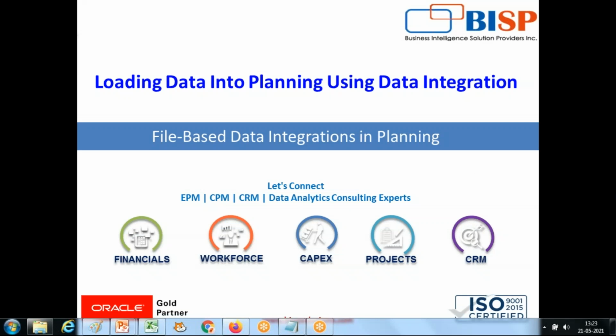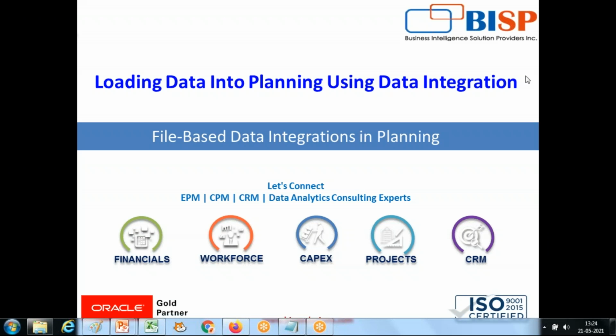My name is Amit Sharma, and today I'm going to show you how you can use a file-based data integration example in planning. You would have heard a lot about data integration, but today I'm going to show you one of the simple examples of data load using a flat file, using the data integration features under planning. As of today, data integration is only supported by Planning Cloud. A couple of steps are the same as what we did in the past using data management.